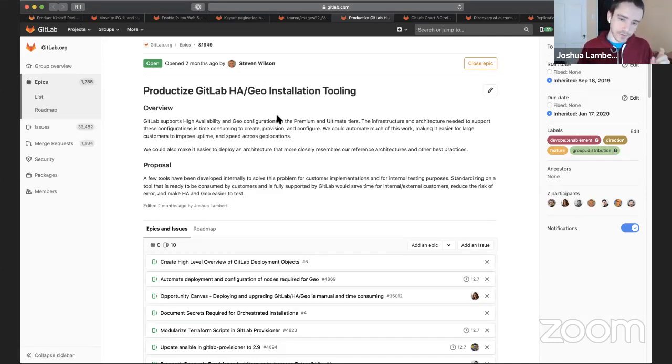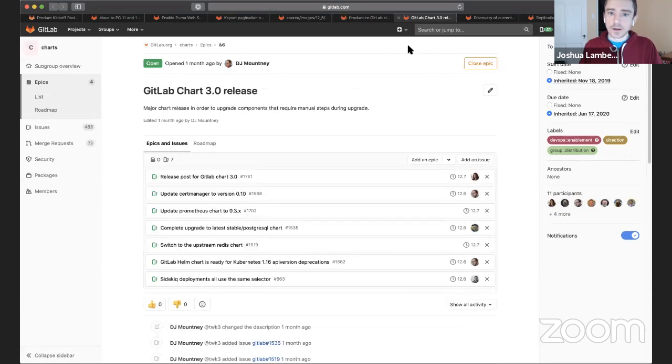And we'll use that also for internal testing to make sure that we don't have any regressions potentially across all these things that we're moving between Geo and distribution and database upgrades and things like that. We had a couple bugs in the last few releases that we're looking to not repeat and make sure we can prevent. We're also looking to improve our Helm chart as well.